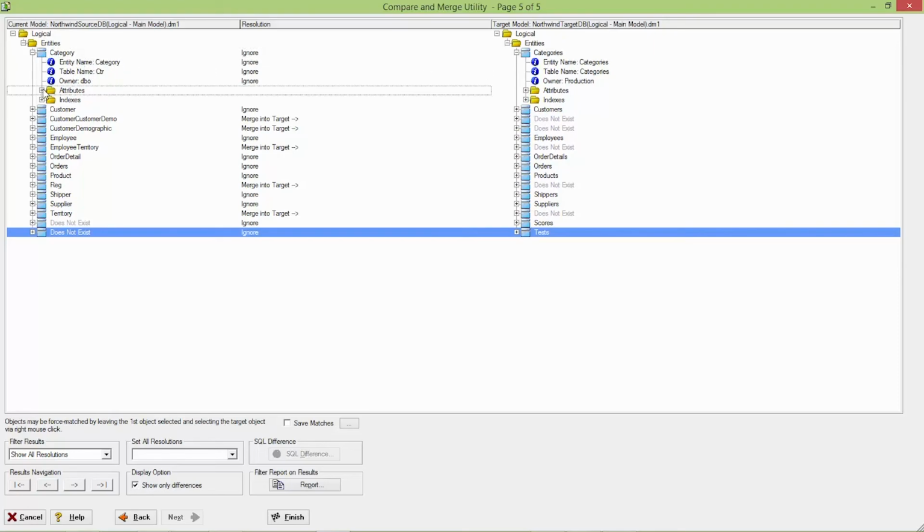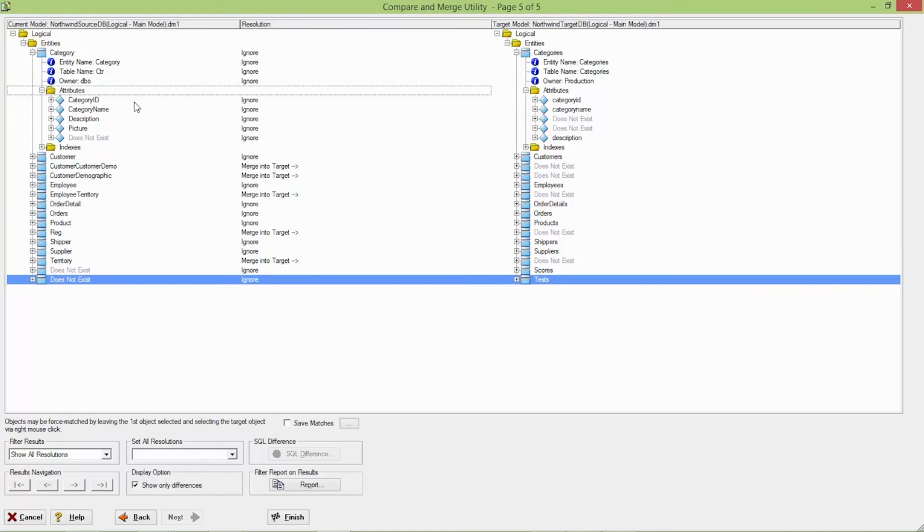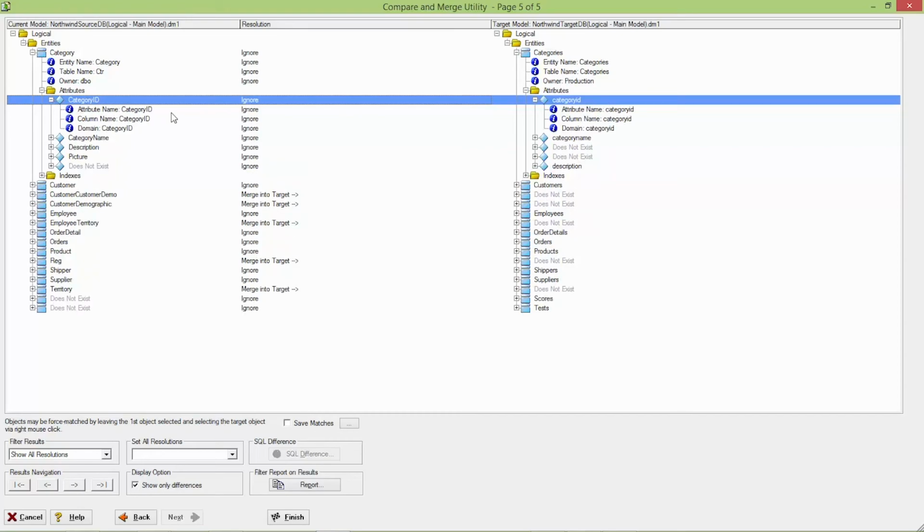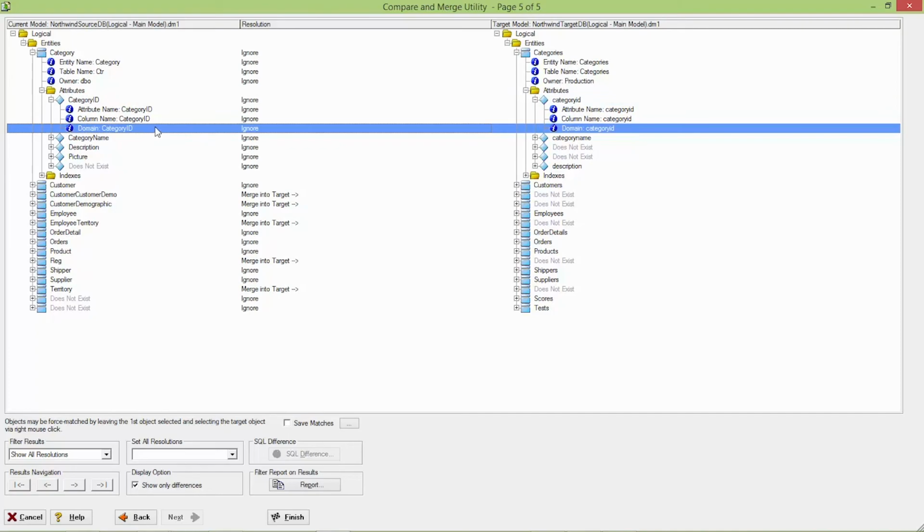The name, of course. For the attributes, I can see that here I have a category ID, here I have also category ID. Category ID differs with the domain name and the case. We see that the cases are different.